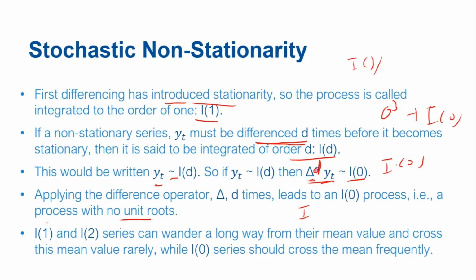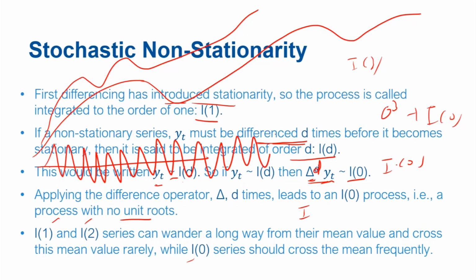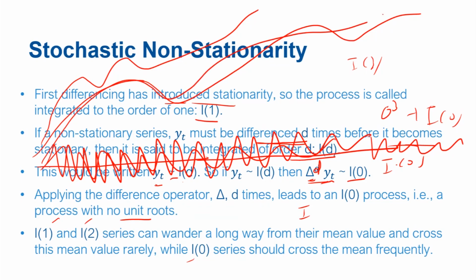What is the key difference between these non-stationary processes and a stationary process such as I(0)? Non-stationary processes such as I(1) and I(2) can wander very far from their mean for very long times, and if there is a drift, that wandering will be even greater. In contrast, an I(0) process will fluctuate around the mean very swiftly, so it will very frequently cross the mean. But if it is an I(1) or I(2) process, it will deviate and drift a lot from the mean. And if there is a further drift, the mu component, then these deviations will be very large in magnitude, and it will remain away from the mean for very long times.